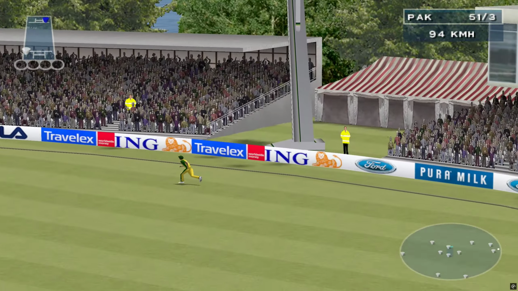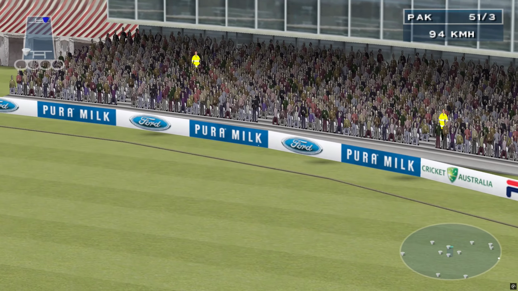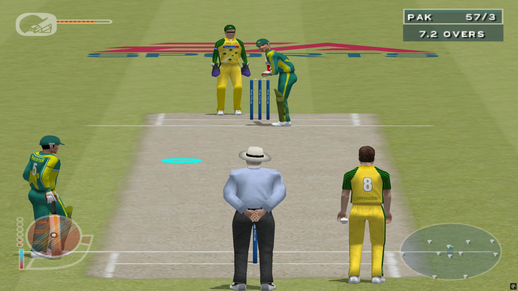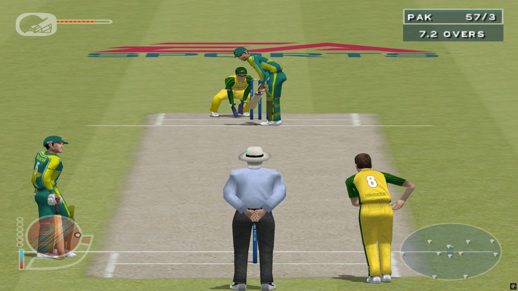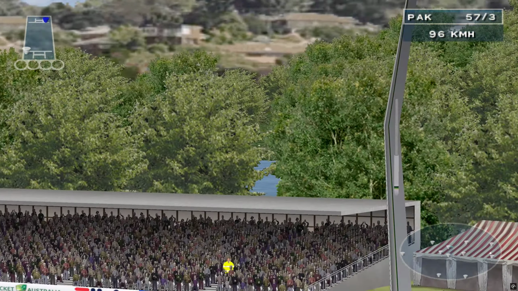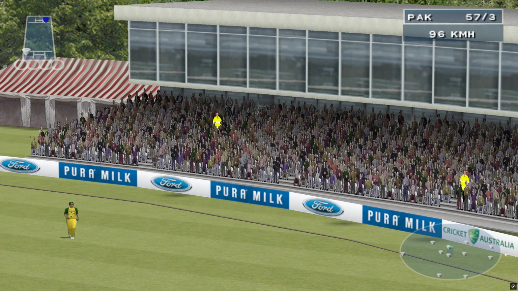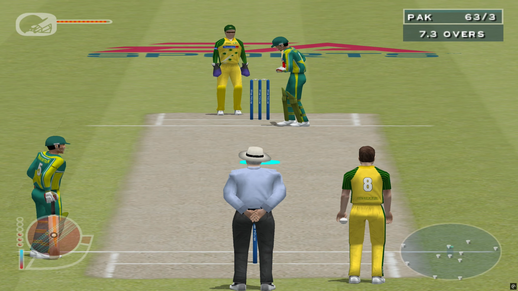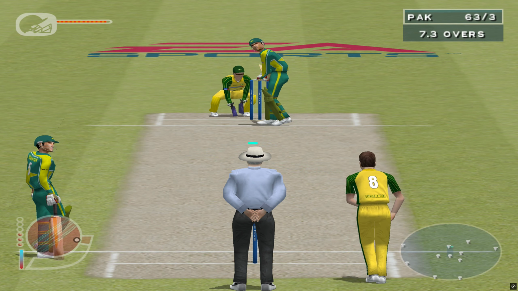That's over the rope. 6 runs off Hogg. He smashed that a long way. Great to watch for the neutral, but the bowler won't be too happy. That's over the rope. 6 runs off Hogg. That moves him on to 42. That was a super shot. I really didn't think it was too bad a ball.